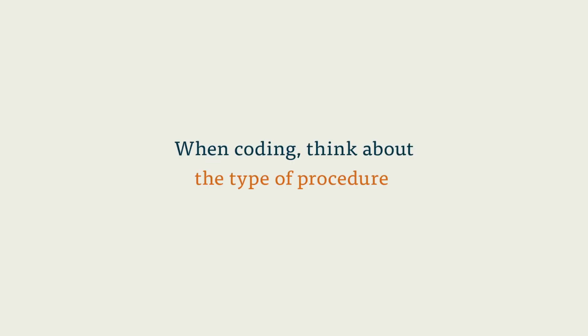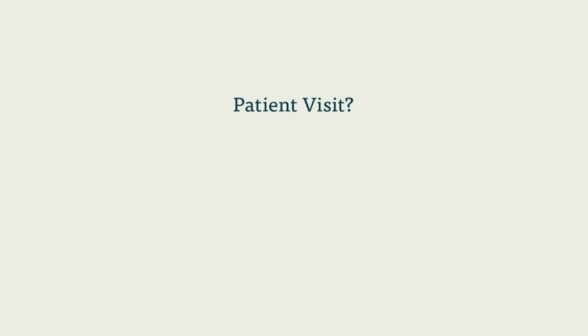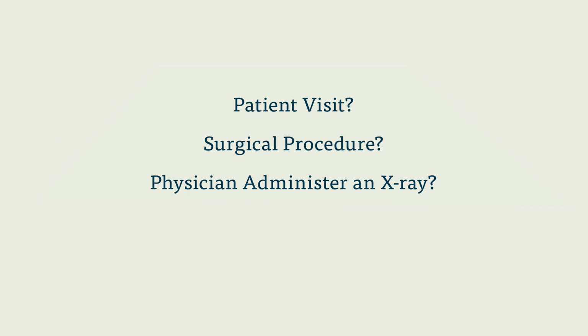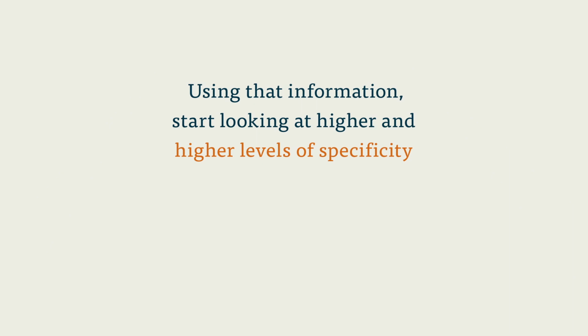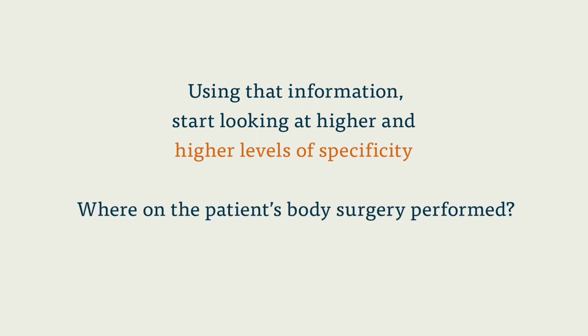When you're coding, you first want to think about what kind of procedure you're looking at. Was it a patient visit? A surgical procedure? Did a physician administer an X-ray? Did they prescribe medication to the patient? Using that information, you can start looking at higher and higher levels of specificity. Where on the patient's body was the surgery performed? Where was the X-ray? As a coder, your job is to use this information to find the best possible code